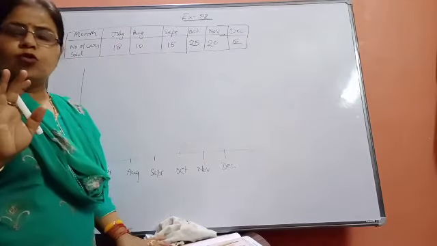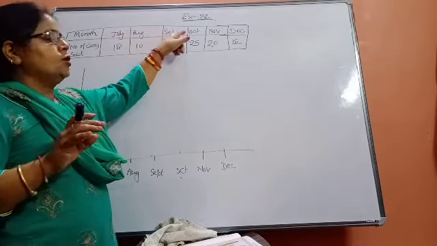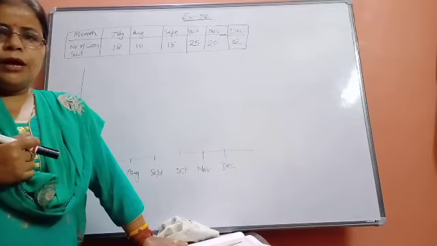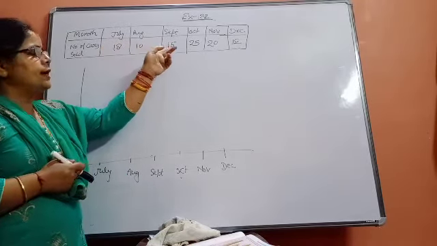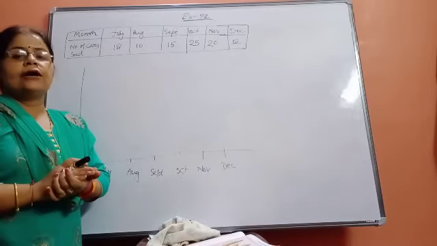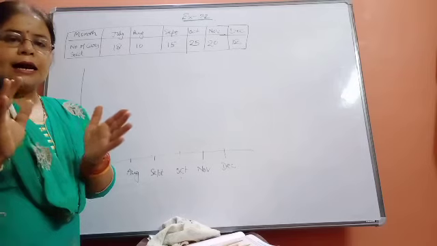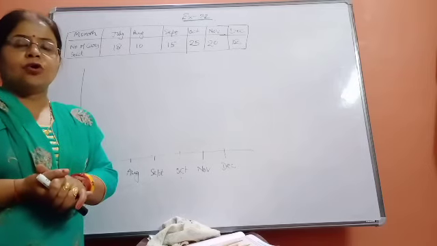It is not grouped data. If it is given as 10 to 20, 20 to 30, 30 to 40 like that, at that time we draw a histogram. Here the data is given to you in single form only. For this kind of information we draw a bar graph. And bar graph means the rectangles are not connected to each other.